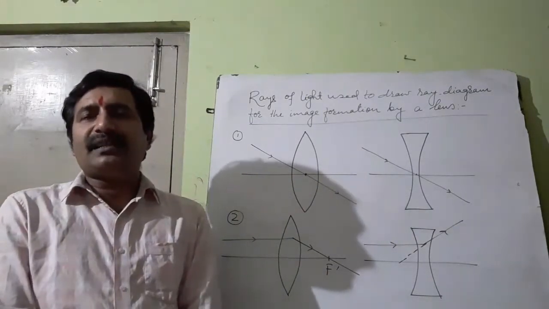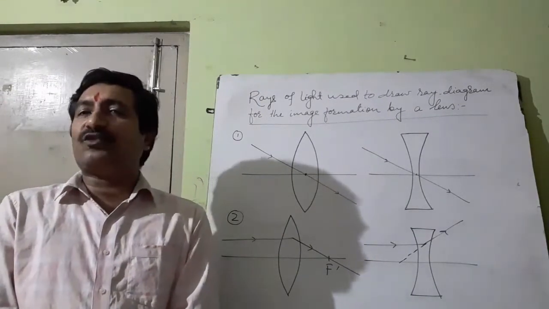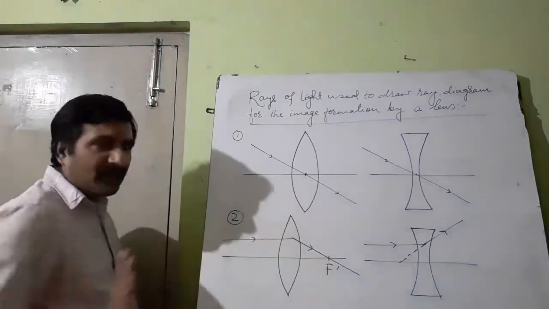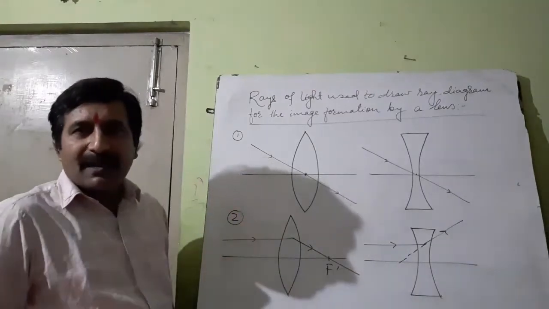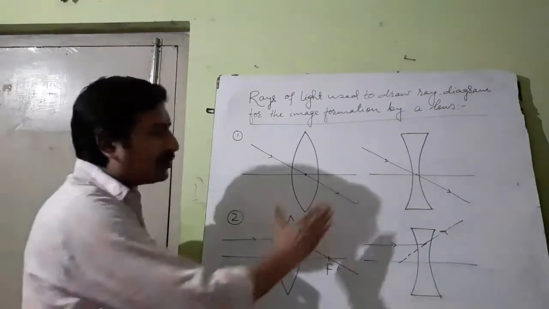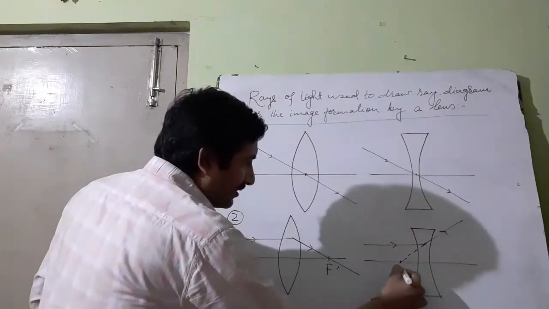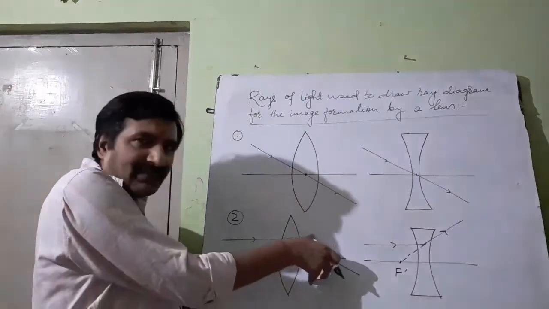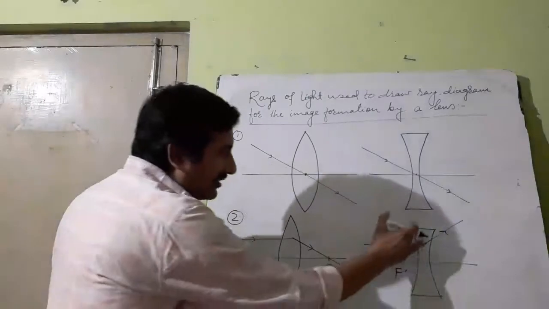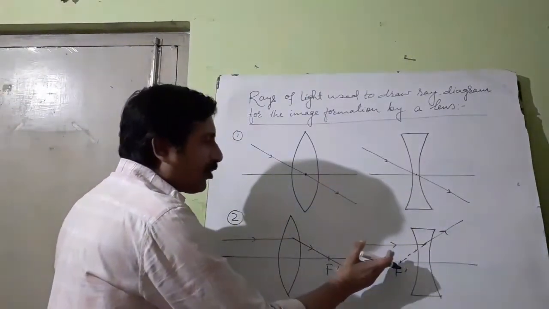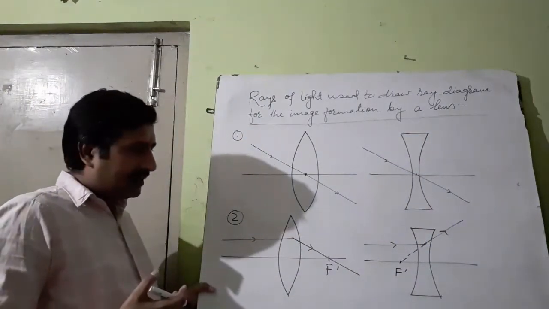But the idea of spherical aberration will not be explained in detail here. This will be explained in class 12. Okay? So here you have to remember that the rays of light parallel to principal axis pass through focus or appear to be coming from focus of the lens. You see, this is called converging because all the rays converge towards a fixed point called focus, and this is called the diverging lens because the rays parallel to principal axis appear to be coming from a point.